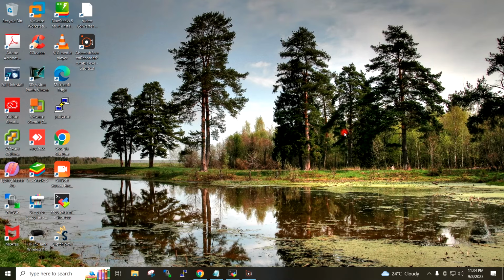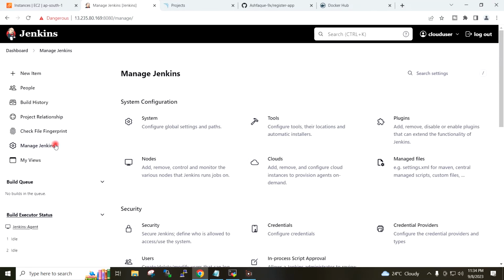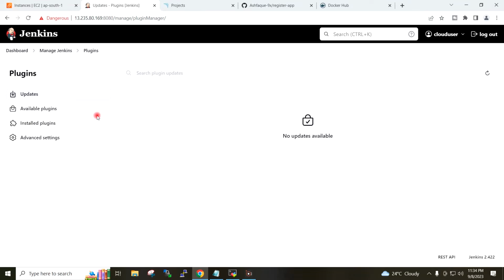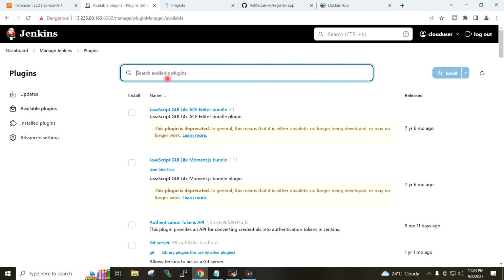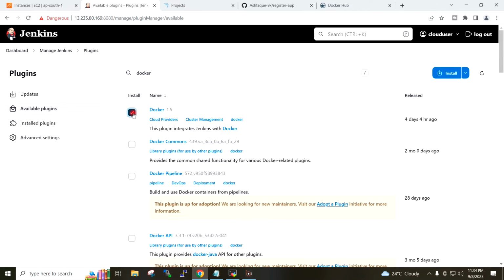I will now go ahead and install the Docker related plugins in my Jenkins. So on the Jenkins dashboard, I will go to manage Jenkins, plugins, available plugins, and I will search here Docker. So I will select this plugin, Docker,